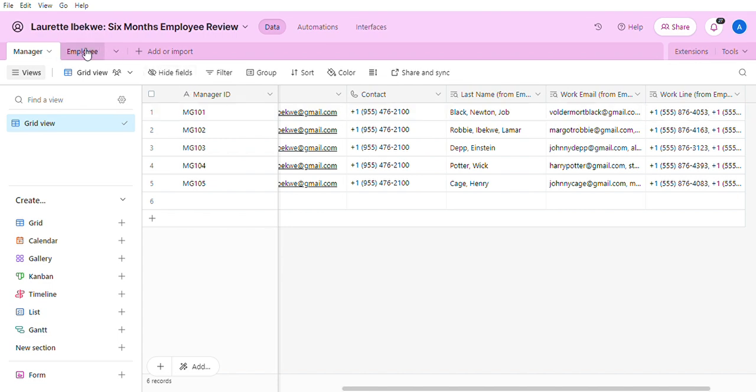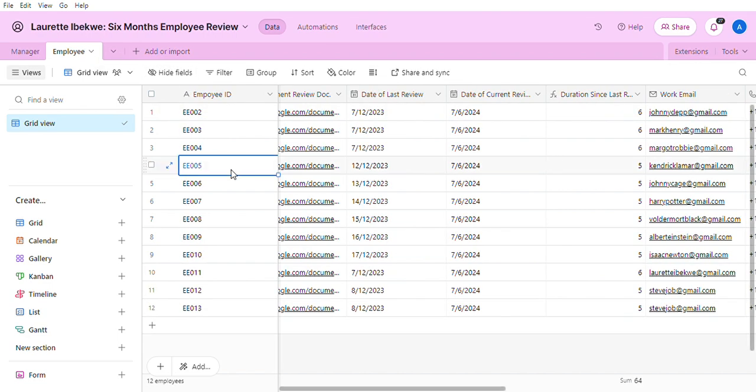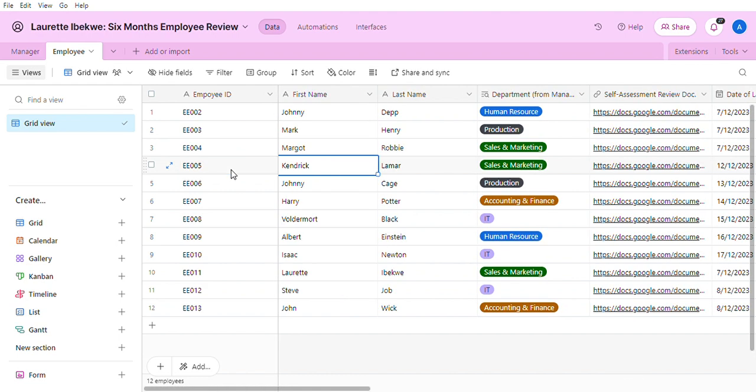Now, going straight to the employee table, we also utilize crucial information like the employee ID, which is also the primary field, the first name, the last name, the department, which is a lookup from the manager table, and the self-assessment review doc. For this, we utilized a Google Drive document. The reason why this was used is that the manager and the particular employee are going to be granted access to that document such that